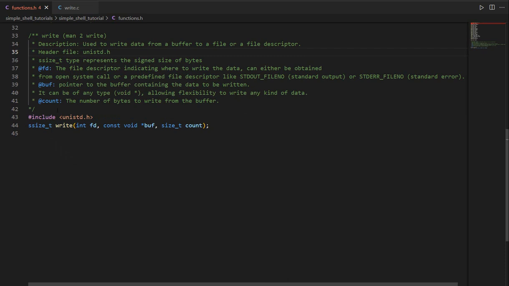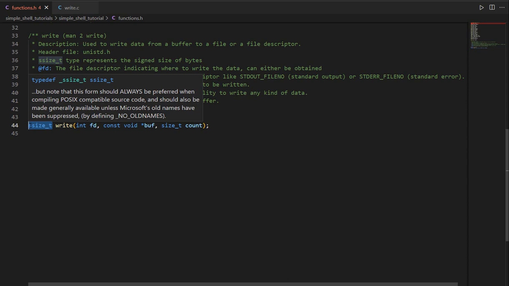So remember what I've said: the write system call will write or transfer the data that we have from the user, or from input, from a buffer, and take it to a file or a file descriptor. It does this depending on the specific number of bytes that we have. So it just takes the specific number of bytes that is there in the buffer to a file or to a file descriptor. That's why it's important for us to use this, because if we do get an error,